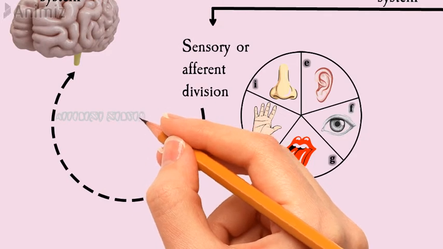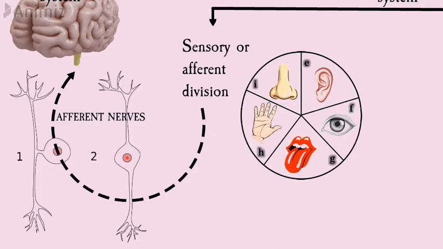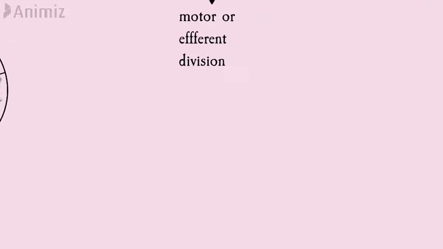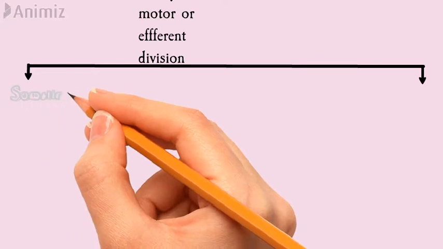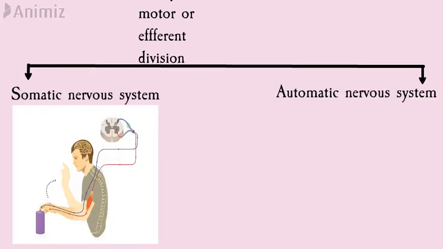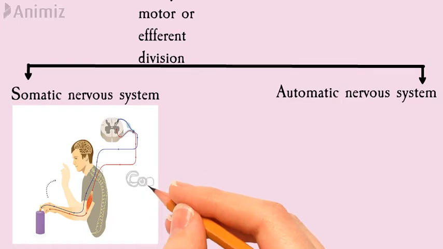The sensory or afferent component provides information to the CNS via various senses through sensory neurons, be they unipolar or bipolar neurons. The motor or efferent division takes information from the CNS through efferent nerves, depending upon movement, be it voluntary or involuntary, and is again divided into the somatic nervous system and the autonomic nervous system. The somatic nervous system controls voluntary movement.